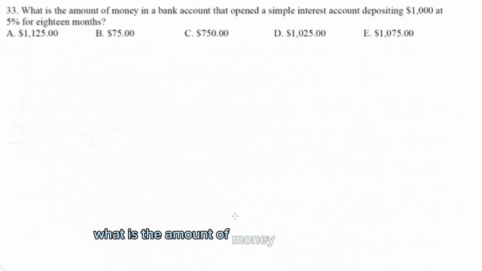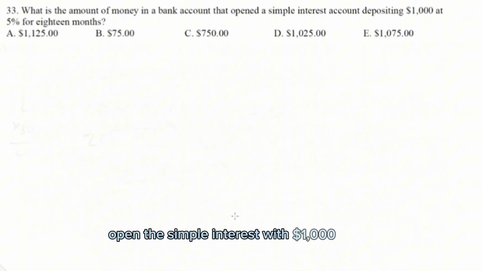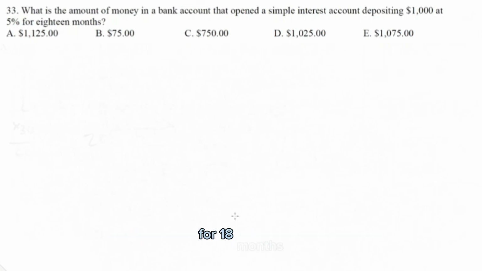Next, number 33. What is the amount of money in a bank account that opened a simple interest account depositing $1,000 at 5% for 18 months? Alright, so the bank account opened this simple interest with $1,000 at 5% for 18 months. So the formula for simple interest is price times rate times time. So we have 1,000